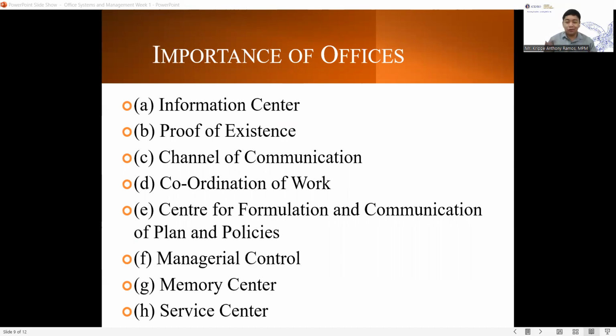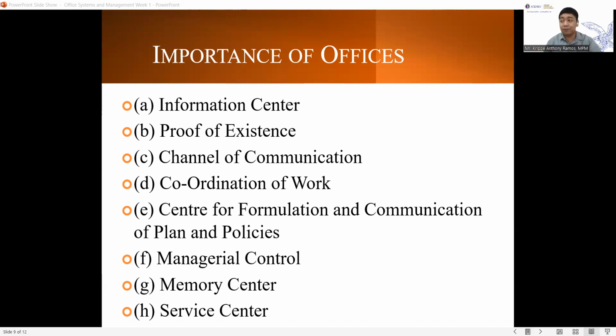Okay? So it's crucial, most especially in decision making. So that's number one. Number two, it also proves that the business or institution is existing. So that's a proof of existence because, guys, in order for the business to survive, kailangan meron tayong evidence na nag-e-exist, no? So, di ba nga, kagaya ng nabanggit natin, the moment halimbawa na meron kang